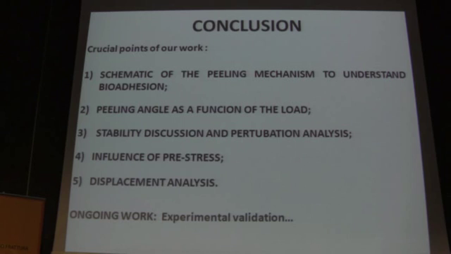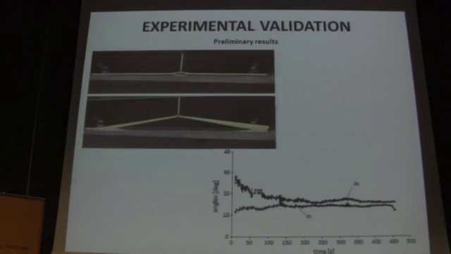So just to conclude, I anticipated my conclusion, but basically what we have tried to do is to introduce a model to try to understand natural peeling, that is a good model for understanding the natural adhesion, for example, of geckos. We have plotted the peeling angle as a function of the load. We have discussed the stability, and we have discussed the influence of the press stress. Just a brief snapshot about the experimental validation we are trying to do. Basically, we are trying to measure the peeling angle and to compare it